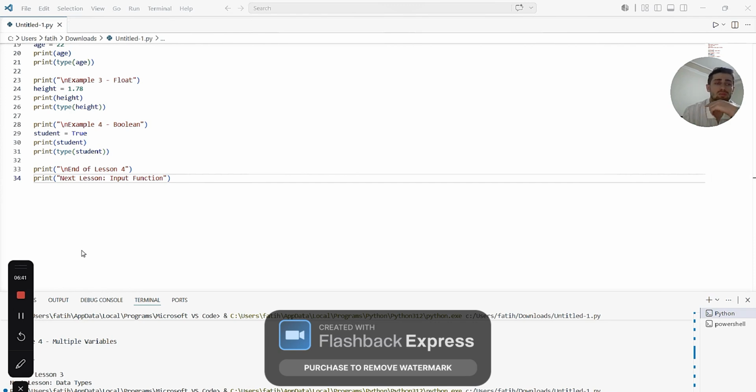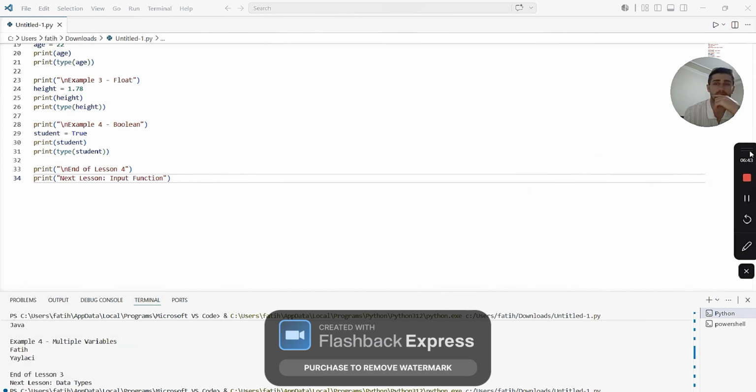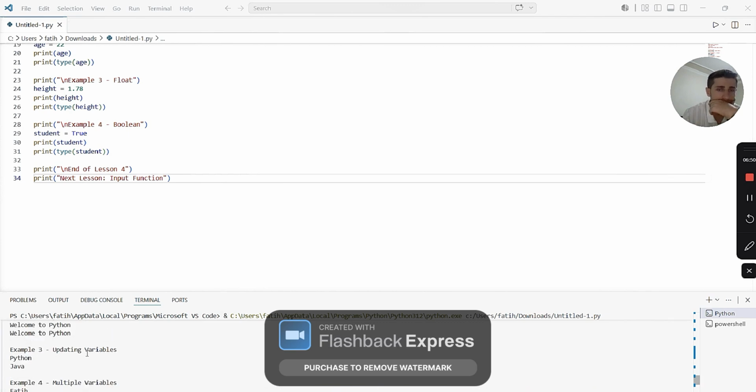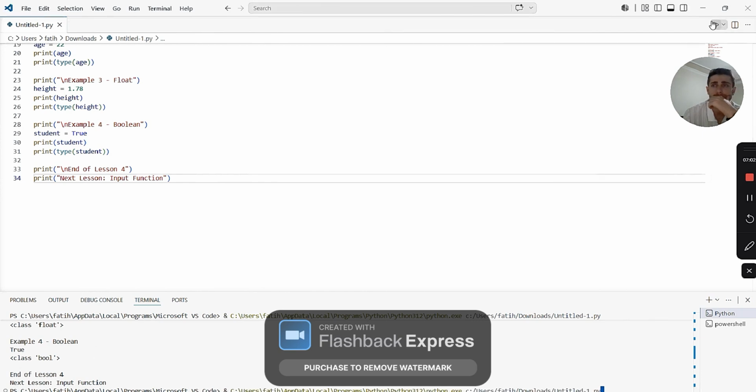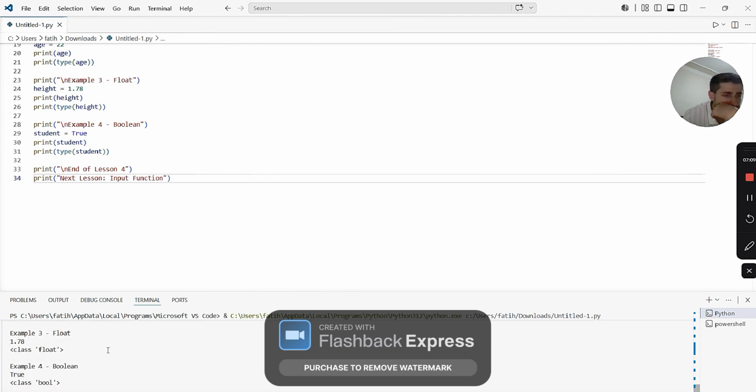And program output. This is example 1, string, class str.